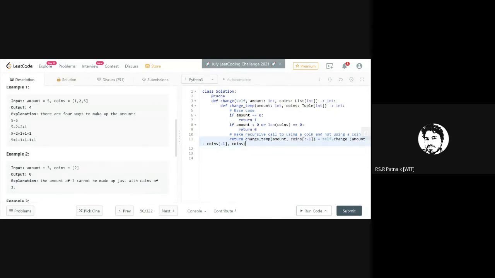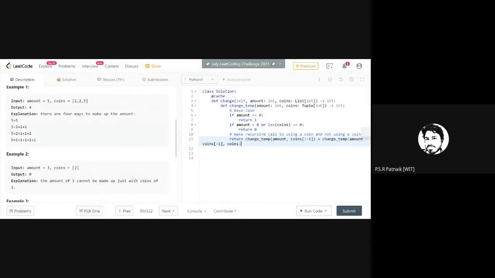And here too, it will be change underscore temp.